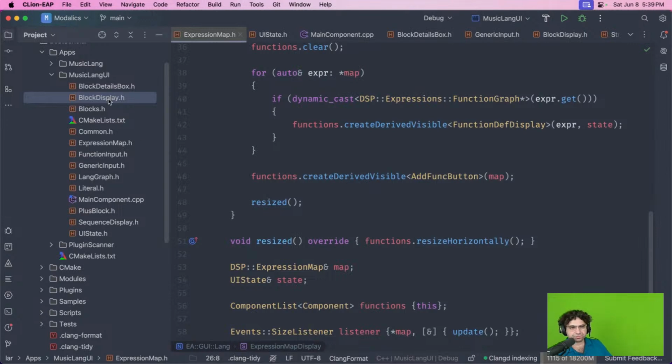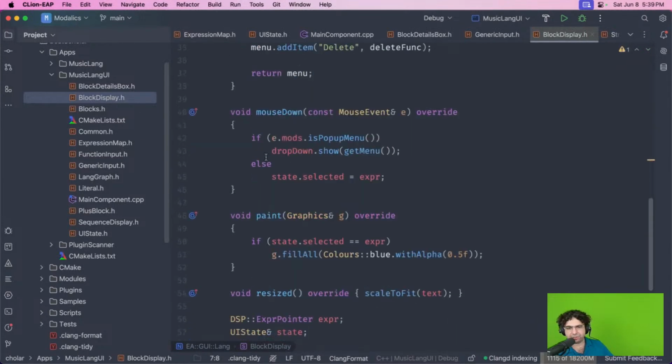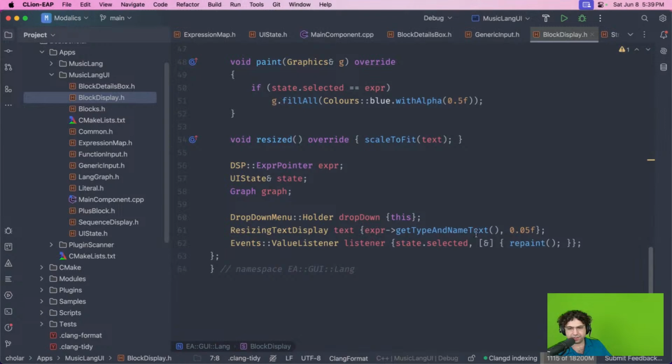Okay. So really it's block display that should be more enhanced. And let's start by separately maybe hosting the